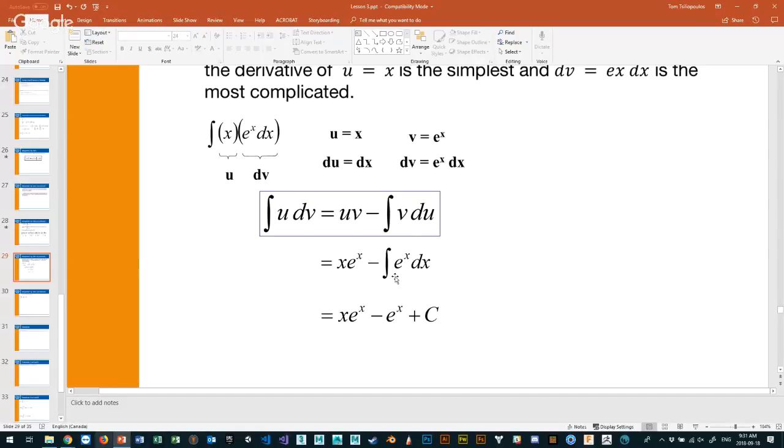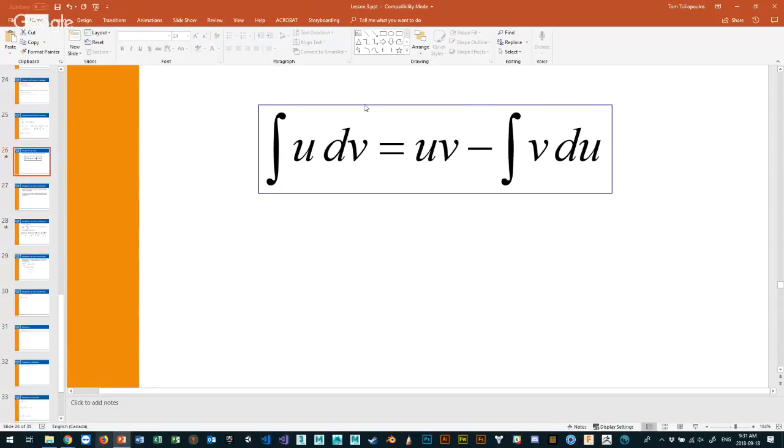Yes? Why are we leaving the v and the dx in the second part and then just kind of removing... Well, you're not removing it. It's just the second step. I like your question though. So the first step is getting to this. Once I have this, the first step is getting to here, but I still have this integral. And for me to get the first antiderivative, I need to get rid of the integral, which means I have to integrate that one piece,